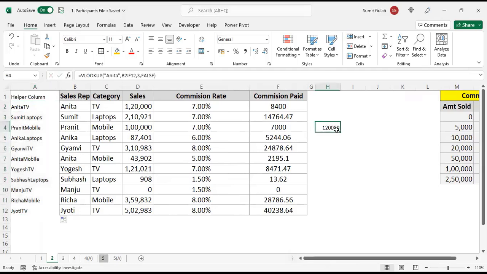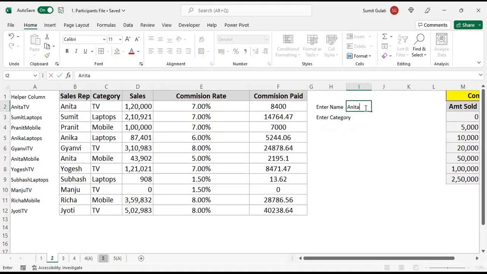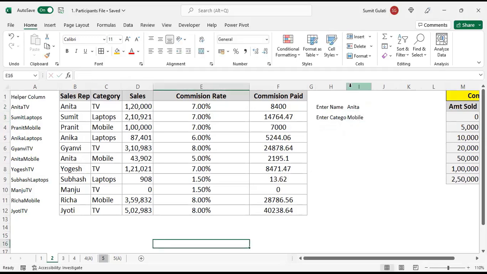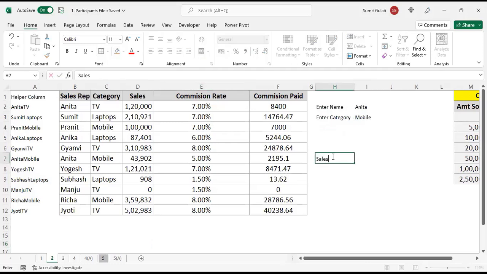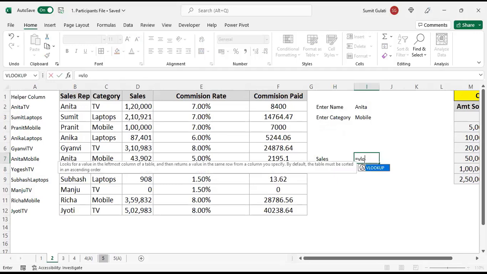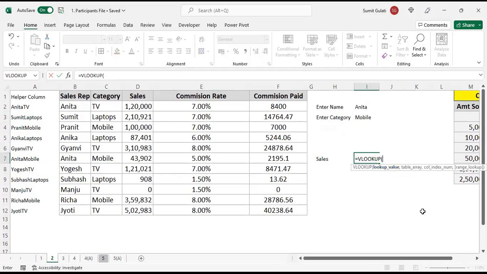Now, when I write the formula, I'll say enter name, enter category. So when I write the VLOOKUP formula, suppose you write the name to be Anita, and you write the category to be mobile. So now what you want is the sales for Anita mobile. So you will write a VLOOKUP. What to look up? I'll say you have to look up for this and this combined,